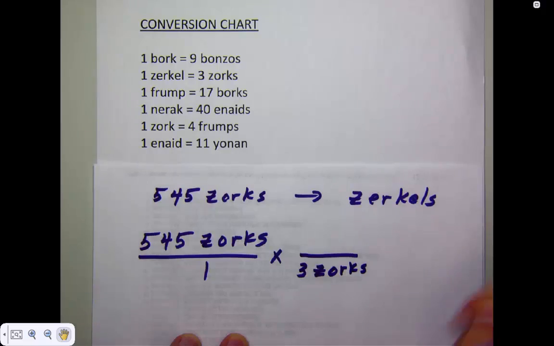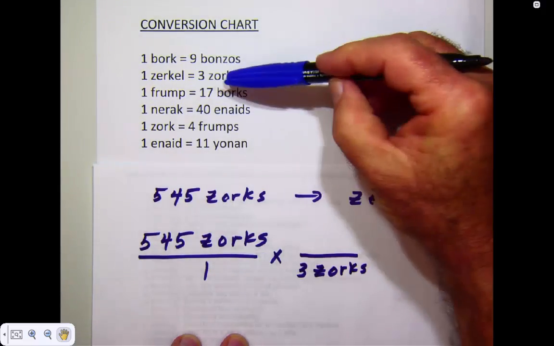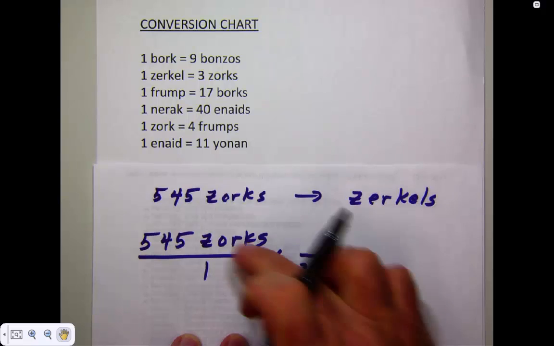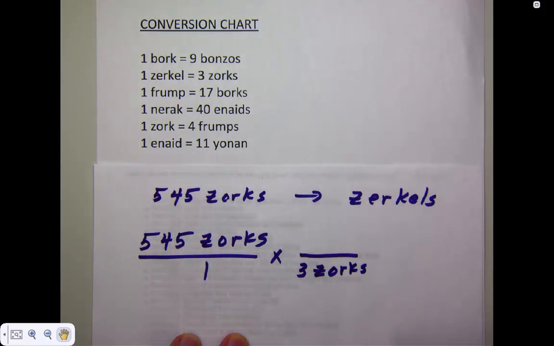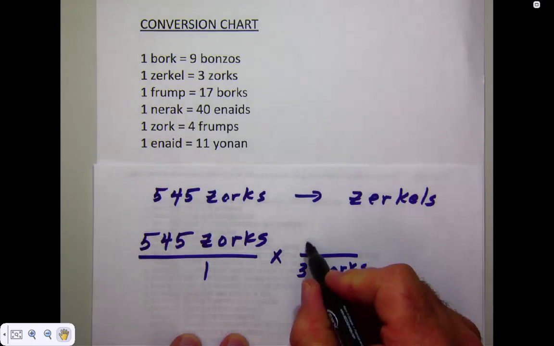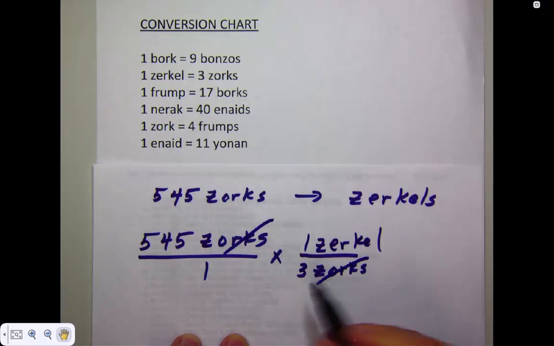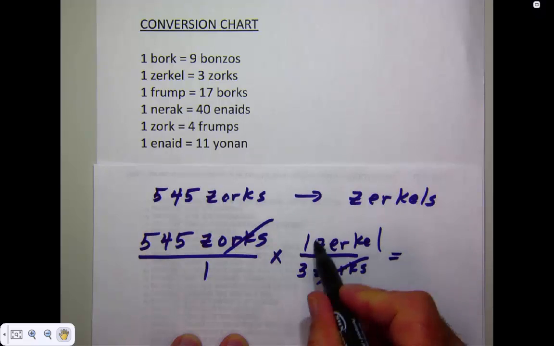We're going to form our units conversion fraction because remember, since 1 Zirkle is equal to 3 Zorks, then we could have made that into 2 fractions. We could either have the Zirkles over Zorks or the Zorks over Zirkles. In this case, we want to put it this way because we want these Zorks to cancel out. We want them to go away. And so 3 Zorks is equal to 1 Zirkle. Notice that Zorks cancel because they're on the top and on the bottom. If you divide those out, they turn out to be 1. They go away. Notice that then our answer is going to come out in Zirkles.